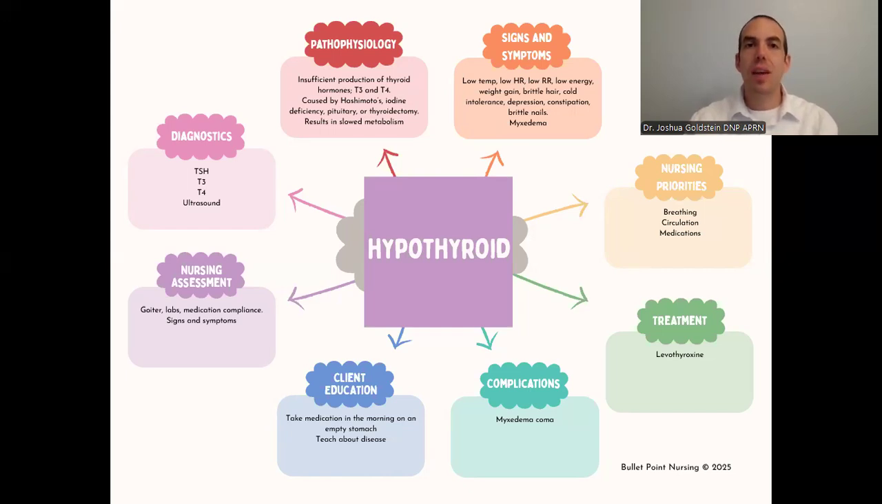Let's go ahead and learn everything we need to know about hypothyroidism. First of all, we're going to start with the fact that the thyroid sits in our neck, and let's understand the pathophysiology. Hypothyroidism is insufficient production of the thyroid hormones. The main thyroid hormones are T3 and T4. We're going to talk in a little bit about TSH, but the thyroid produces hormones T3 and T4, which are